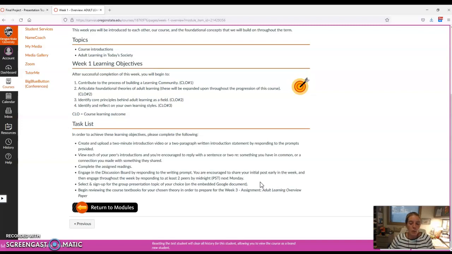You will be teamed up with another person and do a presentation on one of our theories that we're learning this term. And then if you want to begin reviewing your textbooks, once you've chosen your theory, you will each do a separate individual paper that will be due in week 3, which will be an adult learning overview paper on the theory of your choice that you have chosen in this presentation topic sign up,